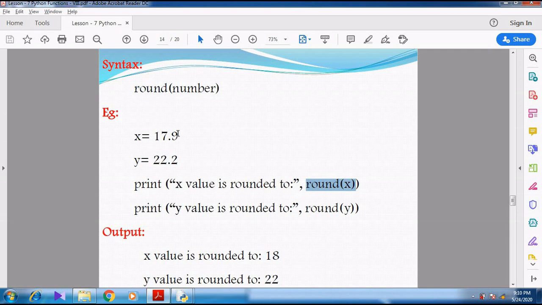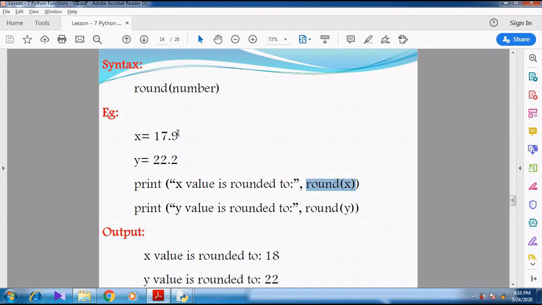How is it changed to 18? As you have studied in marks, whenever the value is 17.5, at the time of examination or paper correction, the teachers might have done this.